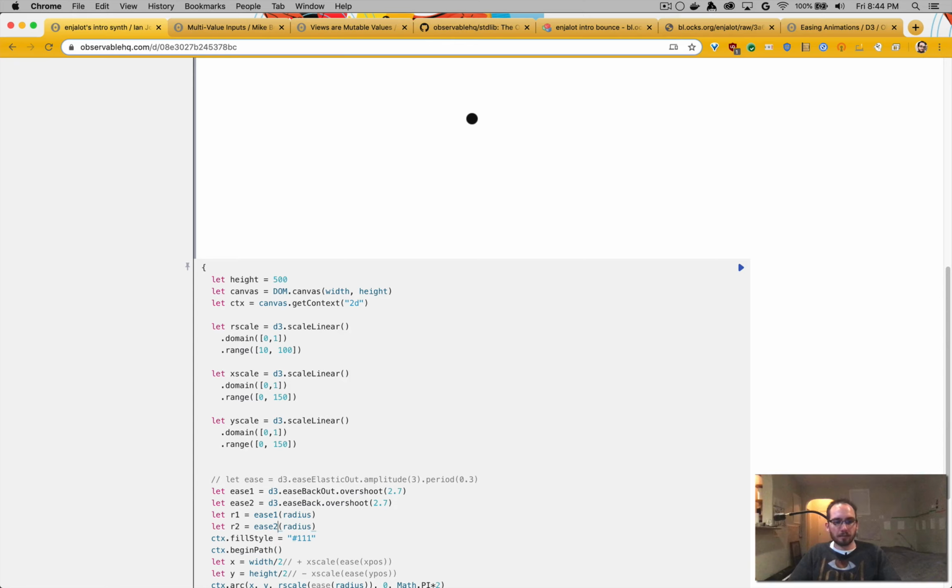So one thing I can think of is let R equal, whichever one's bigger, if R1 is greater than R2, then do R1, else do R2. So if we hit both at the same time,